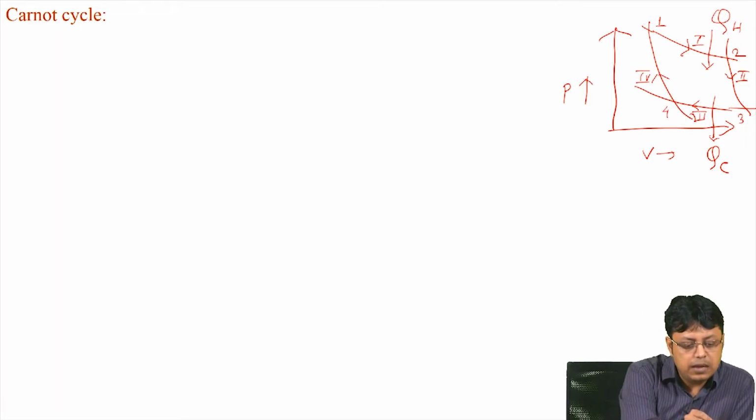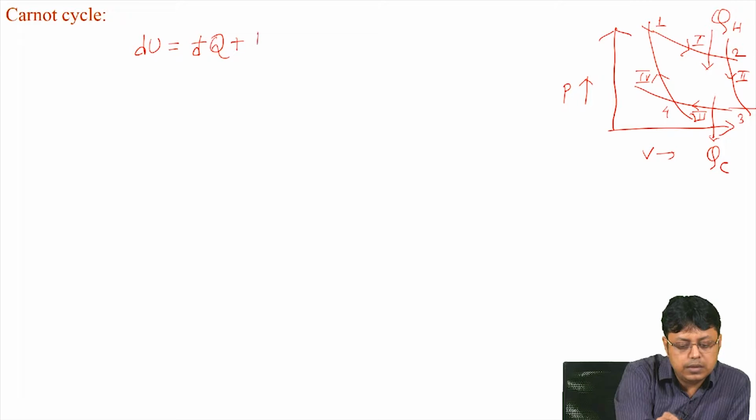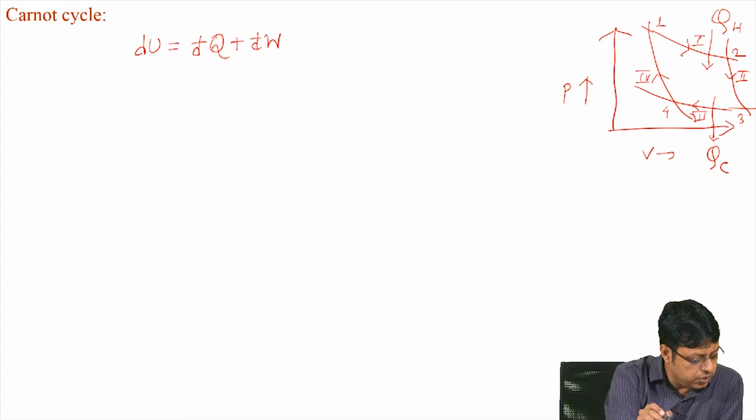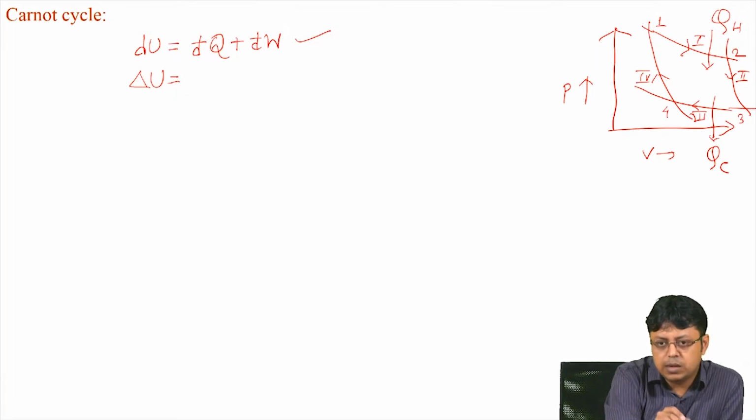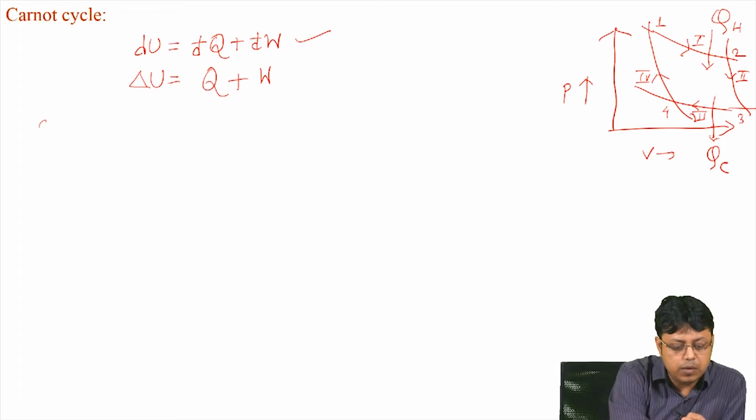Now, for that we will use the first law of thermodynamics, which tells that dU is nothing but đq plus đw, or we can actually use the finite change relationship, because this is for the differential change, but since when the system is going from state 1 to state 2, it is a finite change. So, we will better write it as delta U is Q plus W. Now, in the step 1,